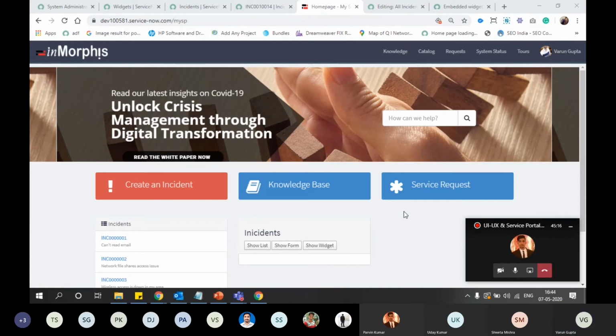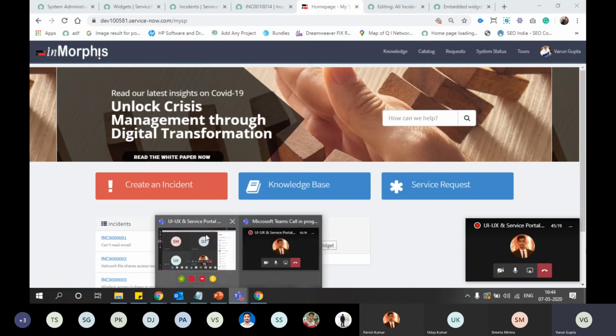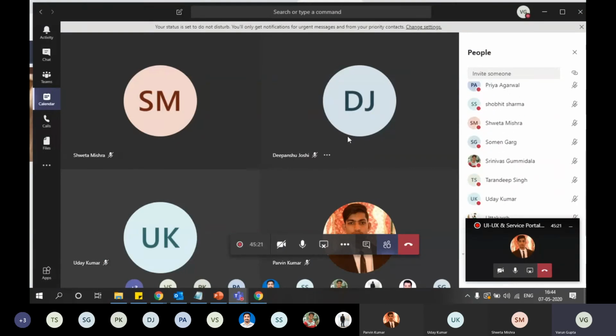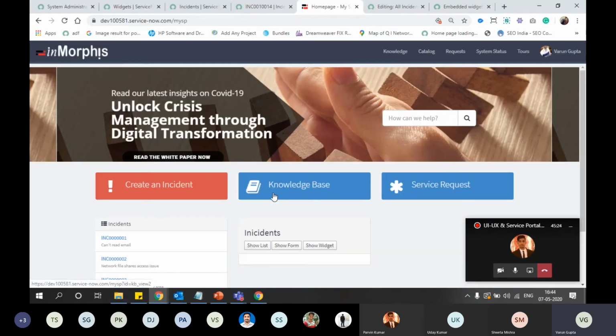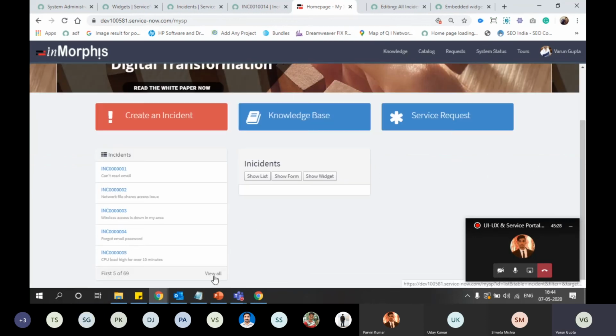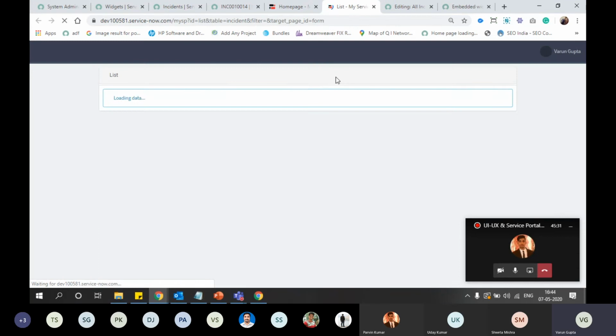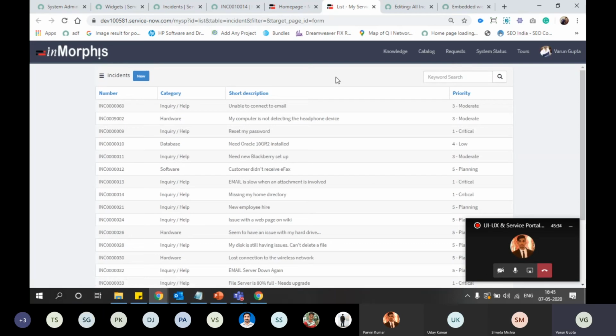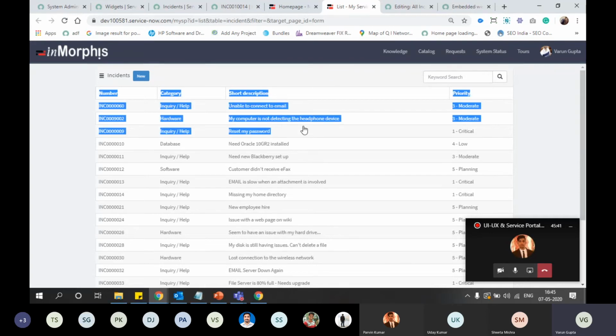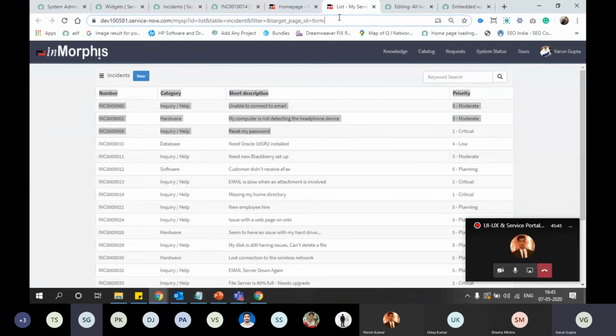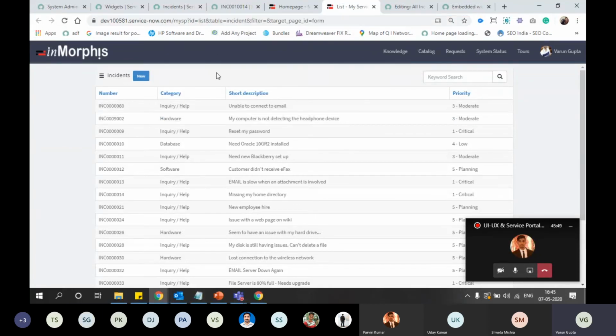Somen, your question from yesterday was how we can add columns in this list view. There are two ways. One way is to add the widget and add our custom fields. The second is that we can add our view here. If we do not provide any view, it will take the mobile view.